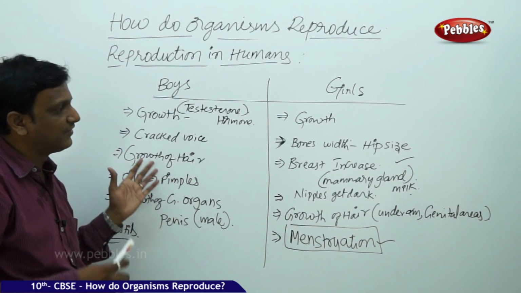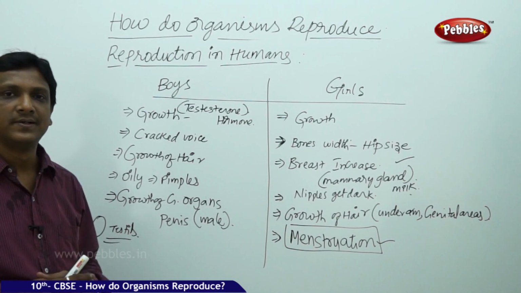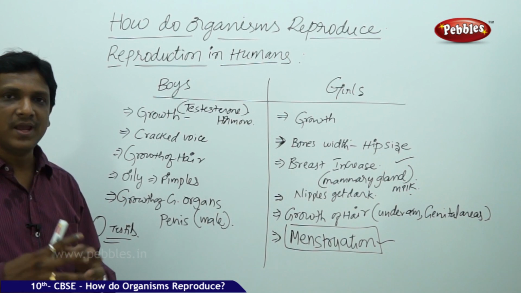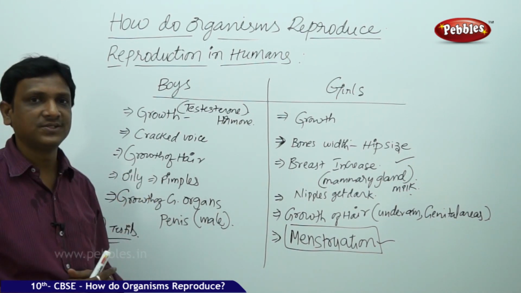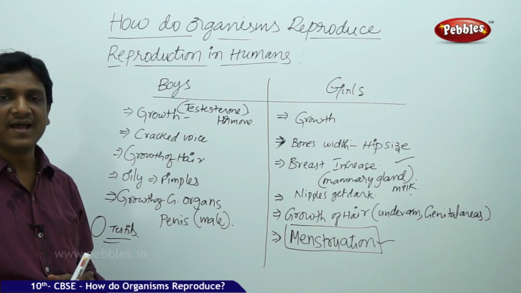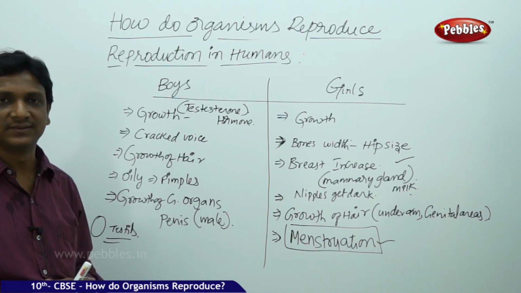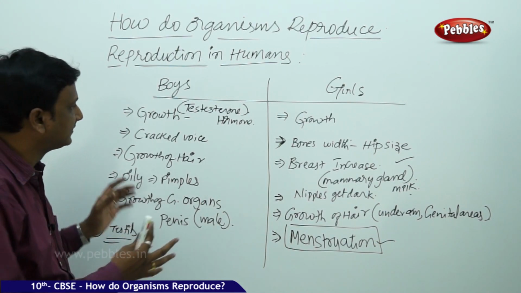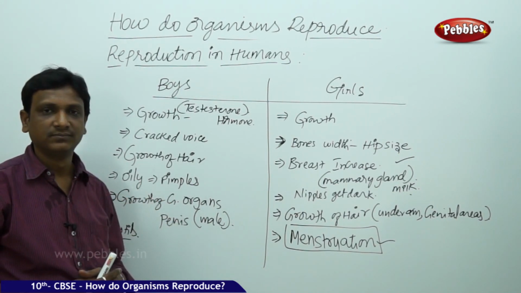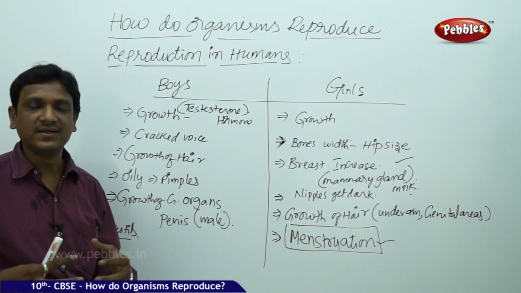So all these changes are given in your books. They are brought to your notice to remove the ambiguity in your minds, because you may be gathering such information from your friends which is very confusing and not appropriate. So you will be having faulty assumptions, wrong assumptions about your growth patterns. So that is the reason why this adolescent education and these concepts are given in your books, to make you aware of your body, the changes that take place in your body.